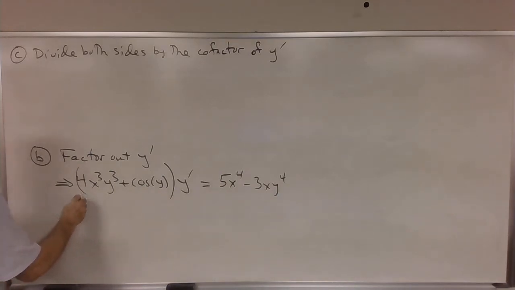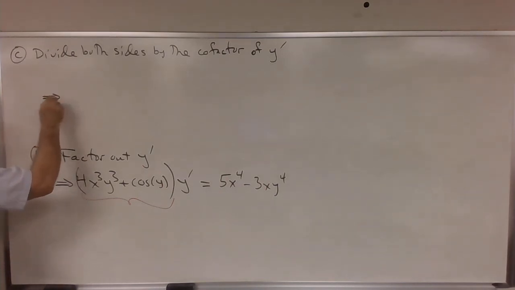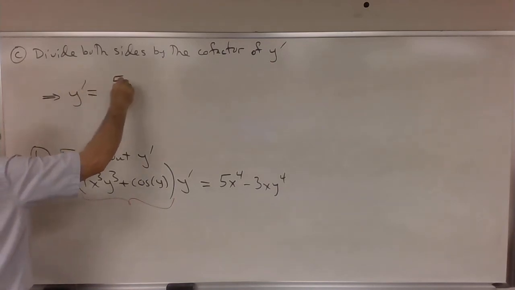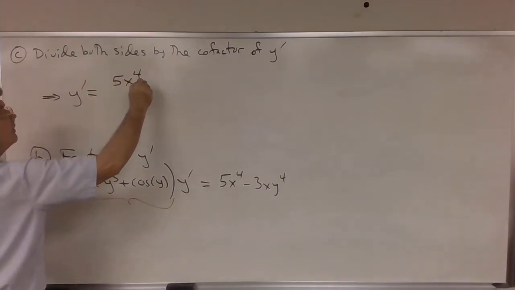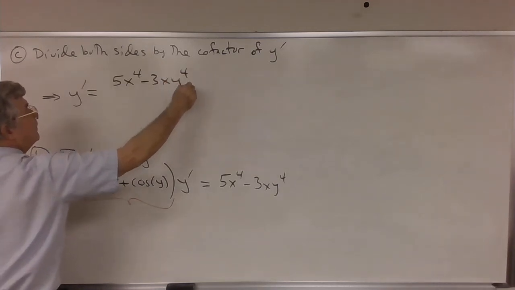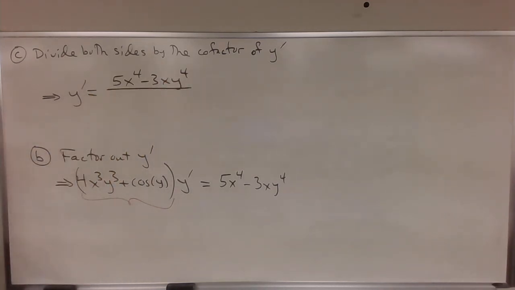And this is the cofactor of y prime. So that will give me y prime equals 5x to the fourth minus 3xy to the fourth all over